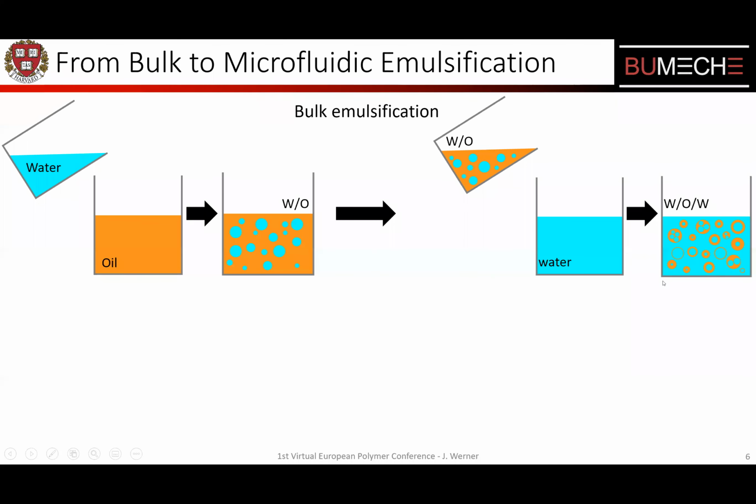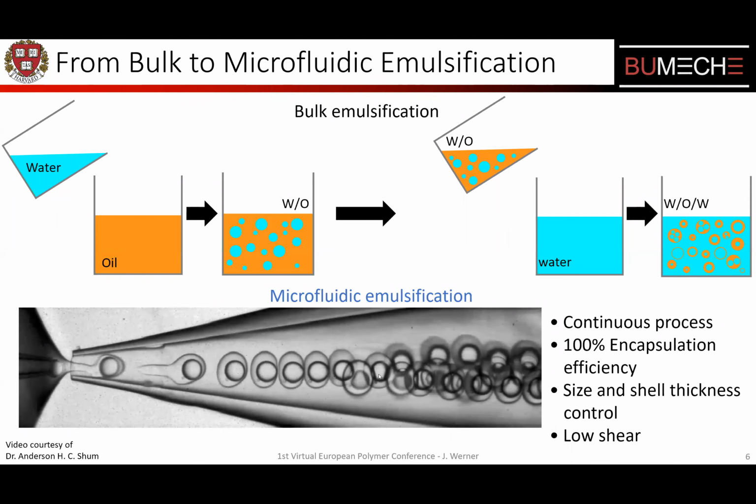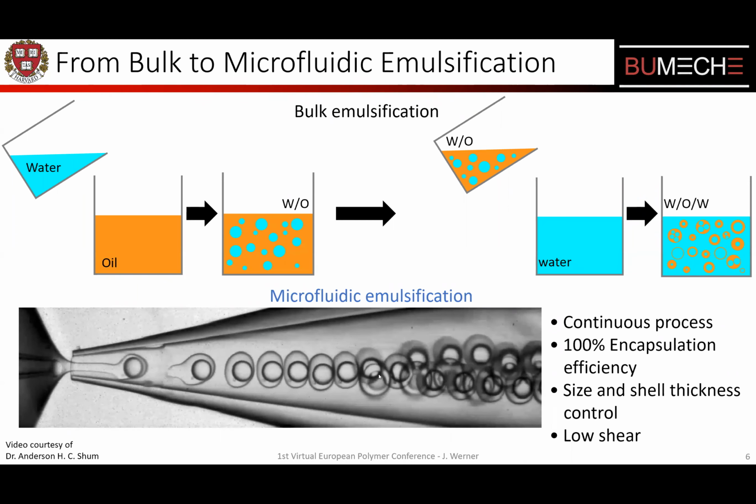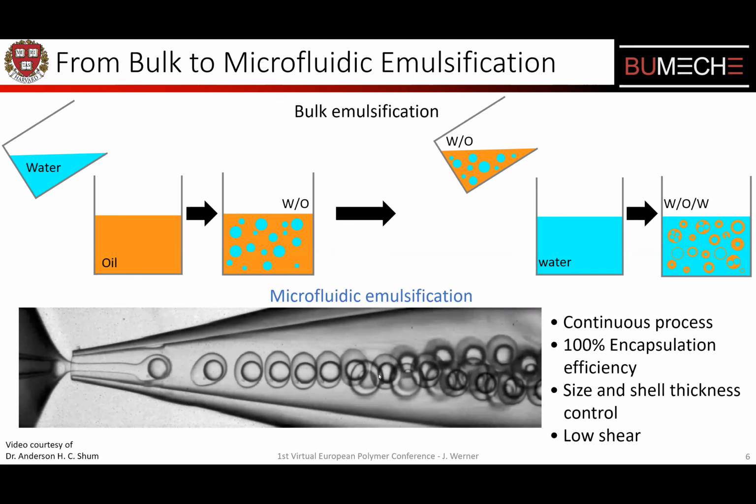And of course, there can be quite a bit of heterogeneity using that, even though with homogenization and extrusion, people have become pretty good in getting the dispersity of even such complex emulsion drops fairly low. But if you're interested in tuning and understanding particularly the architectural features of your microcapsules, a good method of choice that we like to use is microfluidic emulsification, where we control the architecture of these microdroplets very precisely by simply